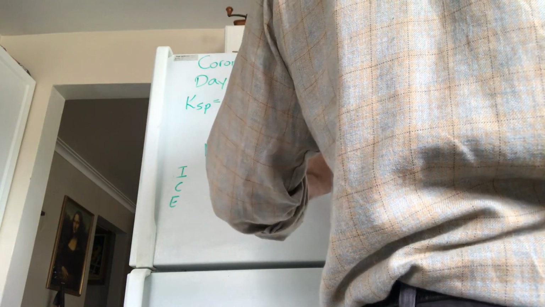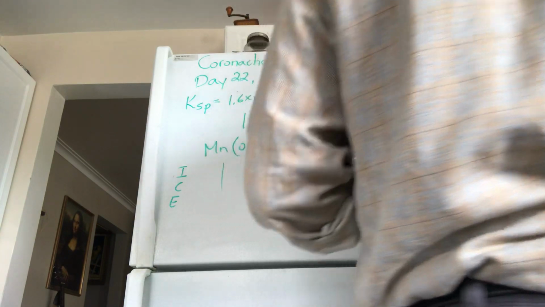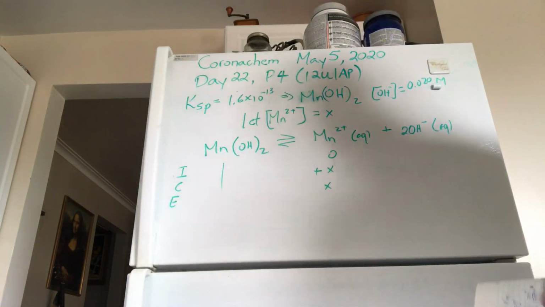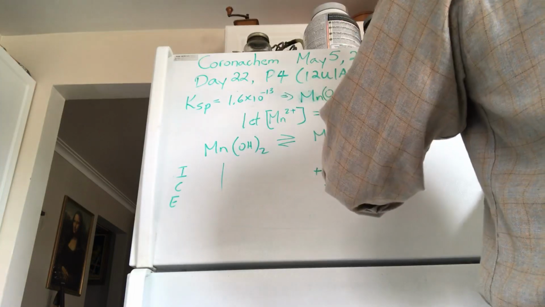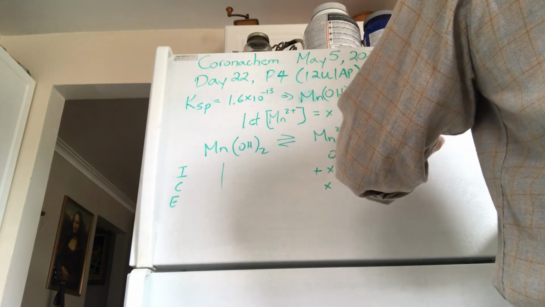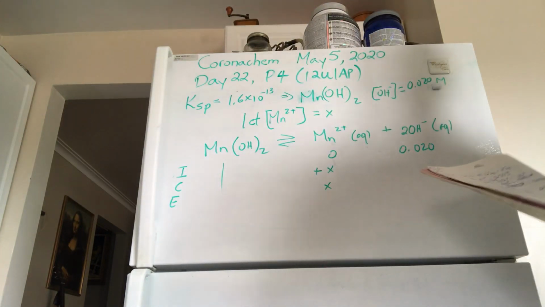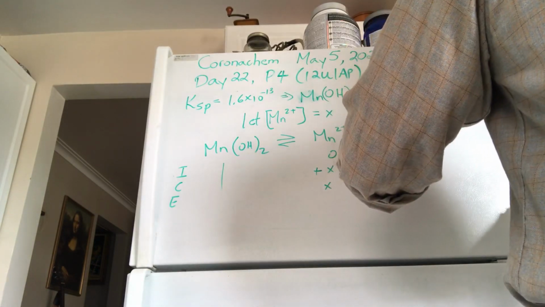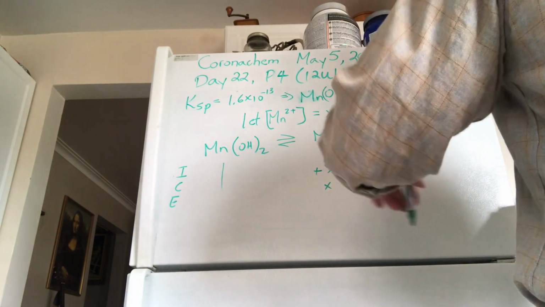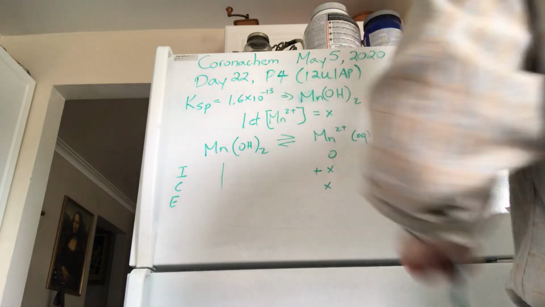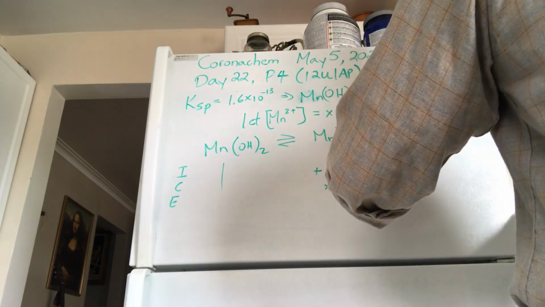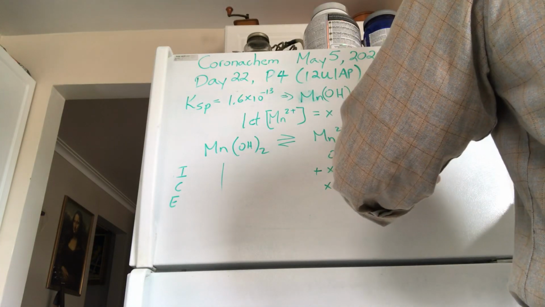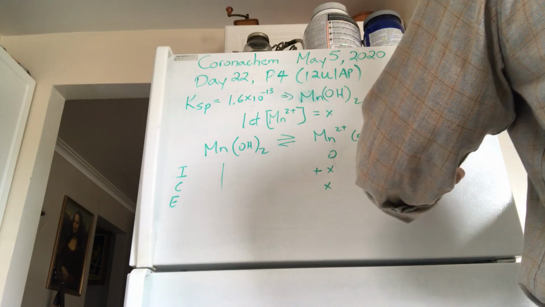So a certain amount x dissolves and a certain amount x will be present at equilibrium. For the hydroxide, the concentration is 0.020, and some amount of hydroxide is added by the dissolution of the manganese hydroxide, so that at equilibrium it's going to be this much,